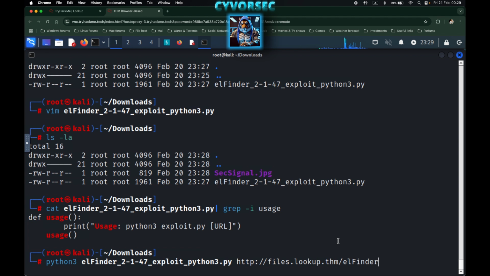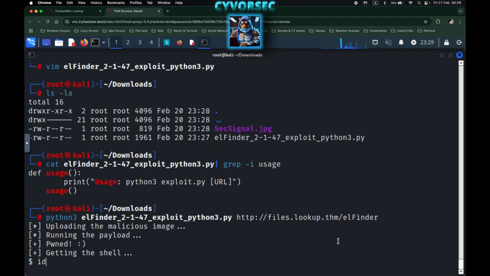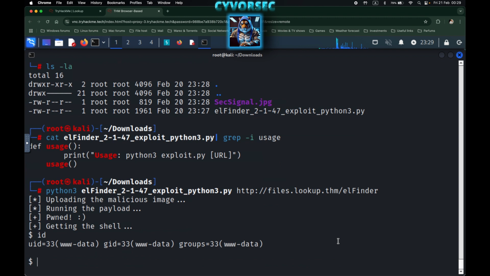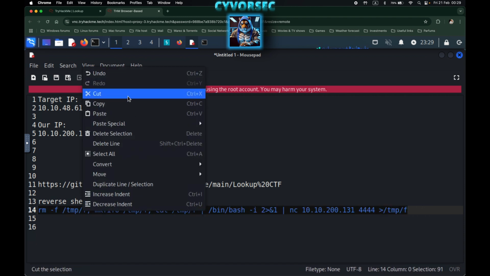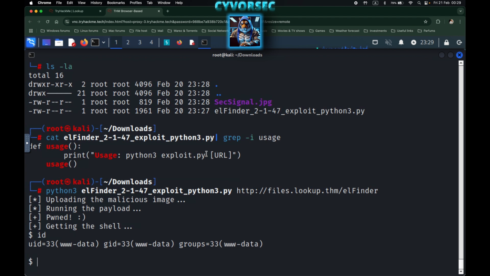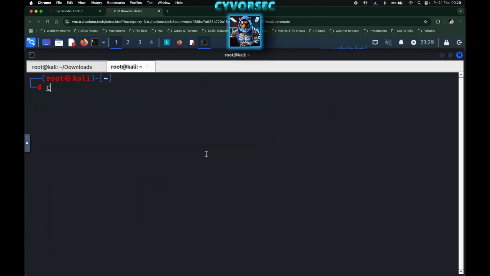Let's run it. We got a shell, but this shell is extremely unstable, so we have to upload some bash reverse shell so we have a more stable shell we can work with. I copied that code here, so we don't waste time. We will use this code. It's a simple bash reverse shell with mkfifo. So we will copy this, and we can use this. We'll make a new